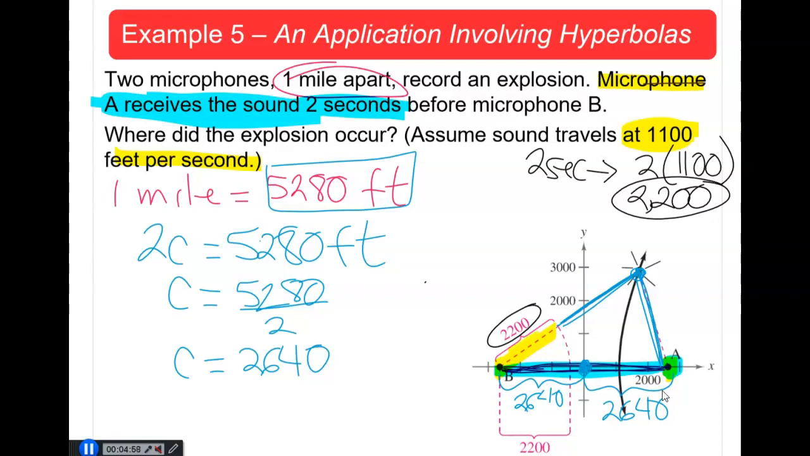If we take this line right here and put that distance here, that will be the 2,200. The distance from the microphone to the center of the hyperbola will be there. Here we can only see one branch of the hyperbola, so I'm going to sketch the other one. It won't be very accurate, but it will give you an idea of what type of conic we have. Those are the two branches. Now that we know the value for c,